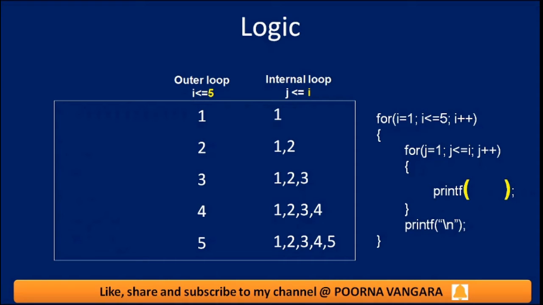Next, now I am using percent d comma I. As you know, percent d comma I means the I value will be printed. Here I is an integer variable. That is the reason we use percent d. This is basic, you all know. So now, in order to understand, let me replace the star with I first, then we will replace the I value.